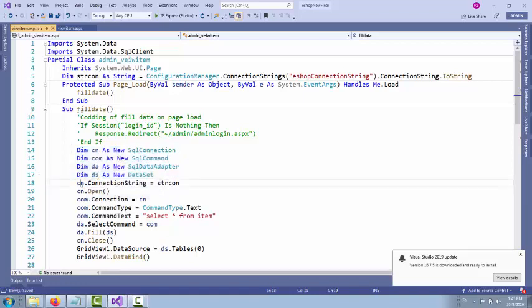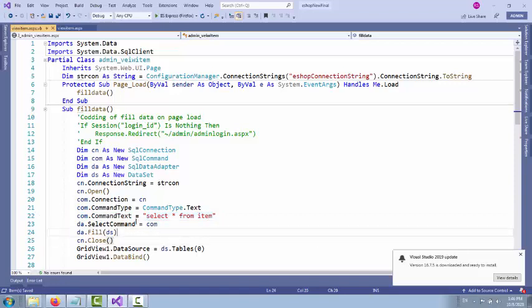First we give the connection object the connection string, that is strcon. Then connection dot open, then command dot connection is equal to cn, then command dot command type is equal to text, and command dot command text is equal to our query, that is select star from item.